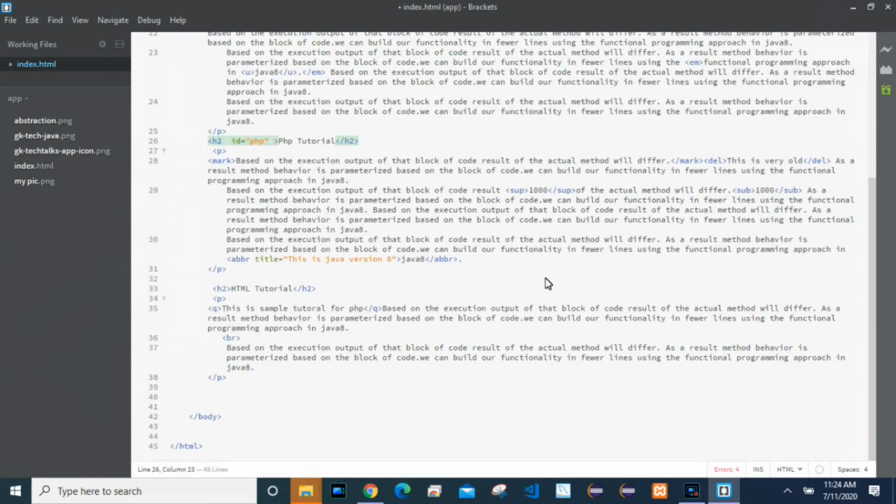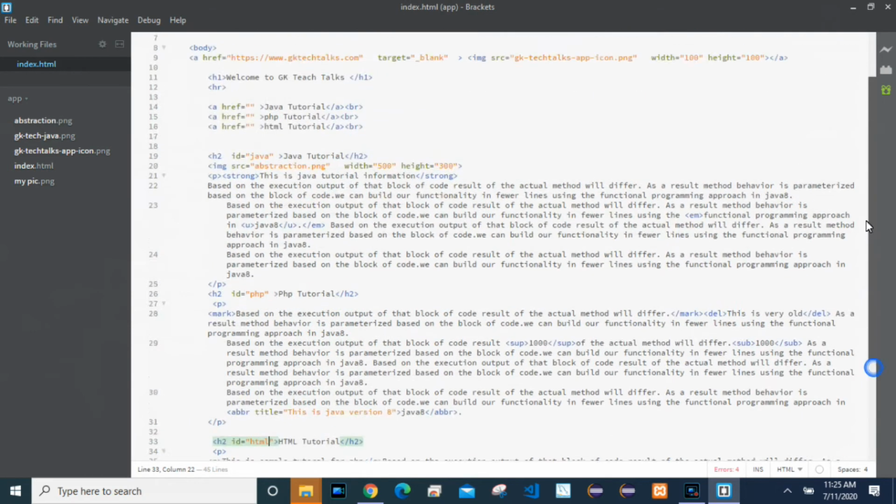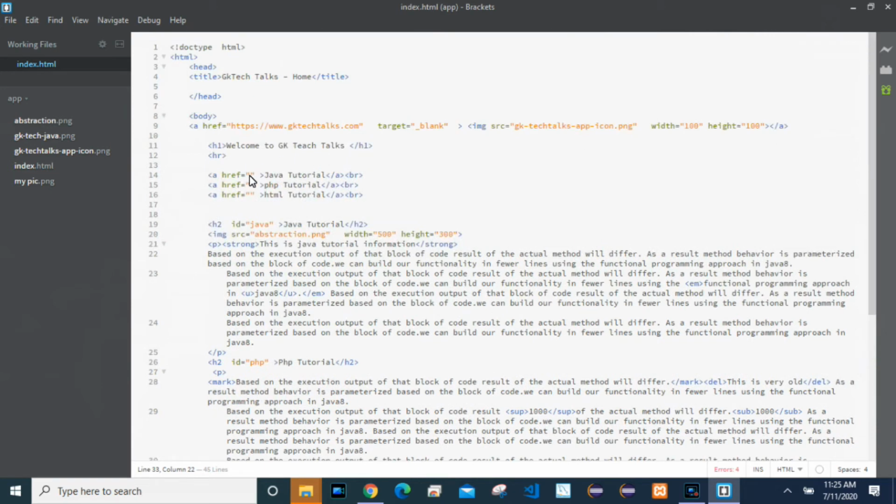Next, the last one, id equal to HTML. Okay, now I have given IDs for all the 3 tags. Here we need to provide hash Java. First we'll check Java.